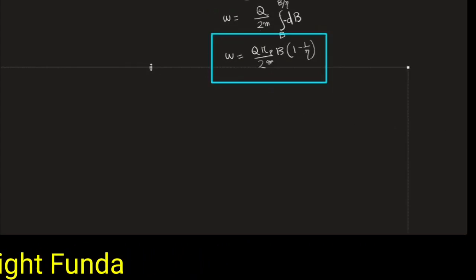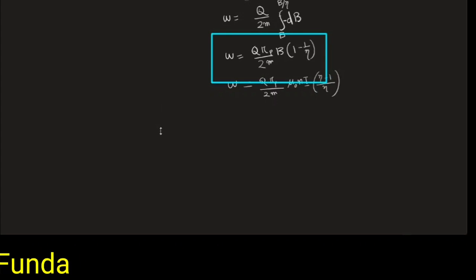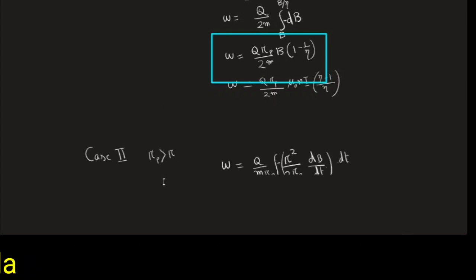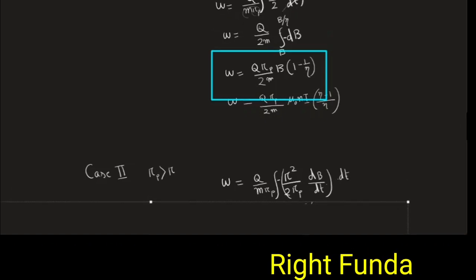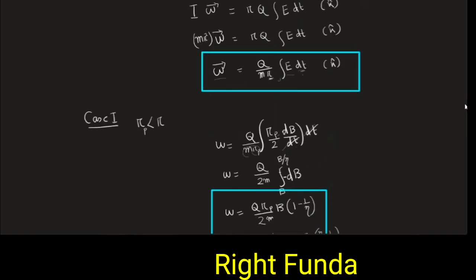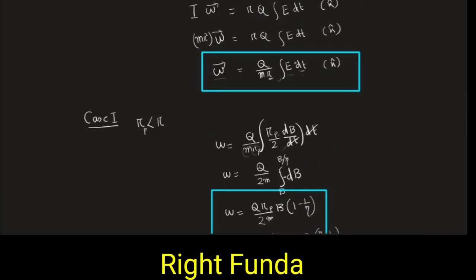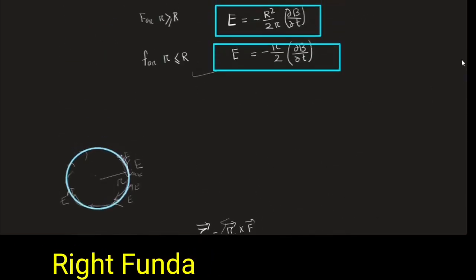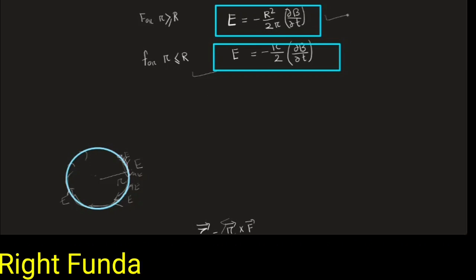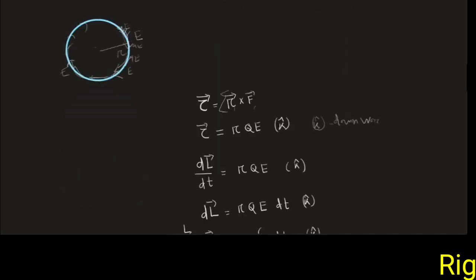Now we see the second one. Okay, so you can simplify this. The second case is Rp greater than R. If the paper cylinder radius is more than this, then in place of E I will substitute this equation. In the place of E, I will calculate the electric field outside the cylinder. What is the outside cylinder magnetic field? This value will be substituted, where small r is the radius of the paper cylinder, so Rp. That value I will substitute.